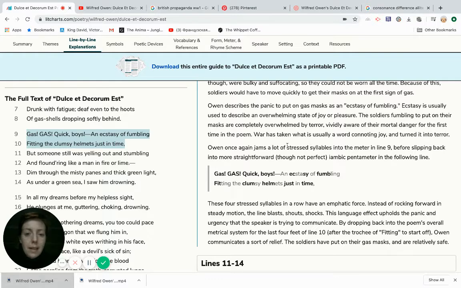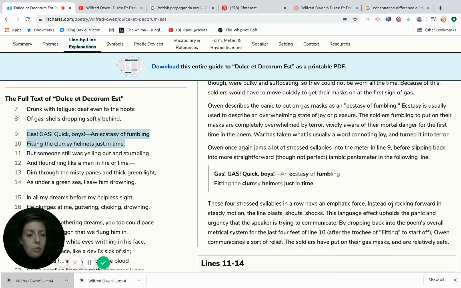Owen once again jams a lot of stressed syllables into the meter in line 9 before slipping back into a more straightforward, though not perfect, iambic pentameter in the following line. "Gas, gas, quick boys, an ecstasy of fumbling, fitting the clumsy helmets just in time." These 4 stressed syllables in a row have an emphatic force. That means they emphasize the meaning of the words